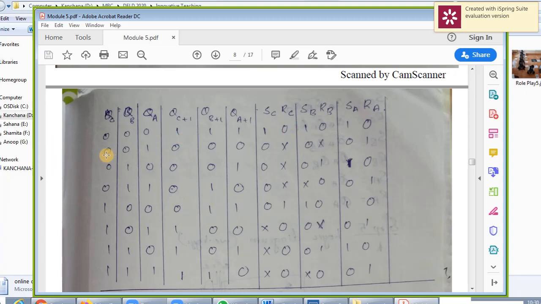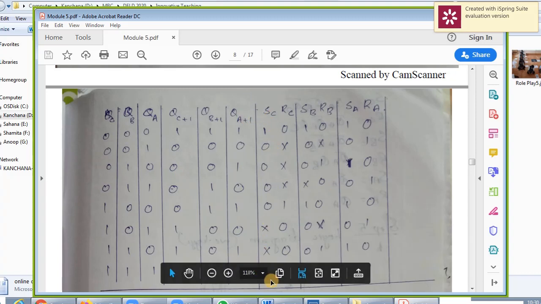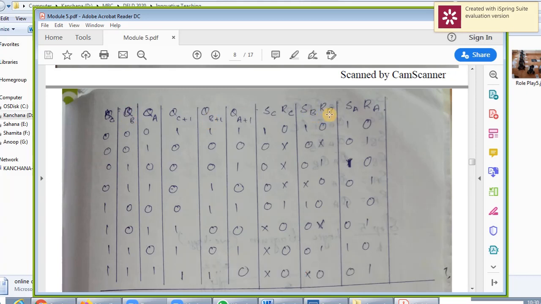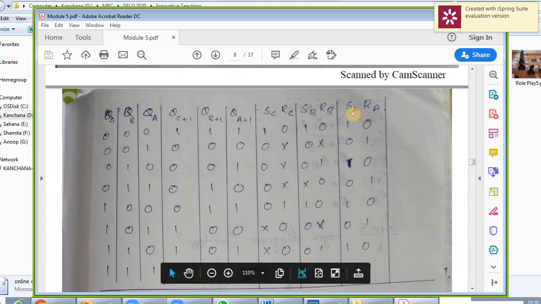And similarly 0 0, see the excitation table. 0 0 means it is 0 X. Again 0 0, 0 X. Like that you have to fill up the SC RC column. And similarly SB RB, you see QB and QB plus 1 and fill up SB RB. Then SA RA, you see QA and QA plus 1 and fill up the SA RA column.